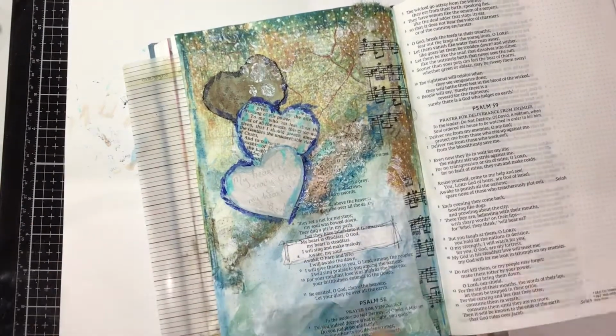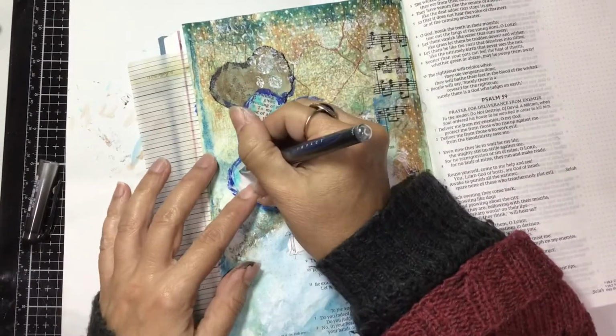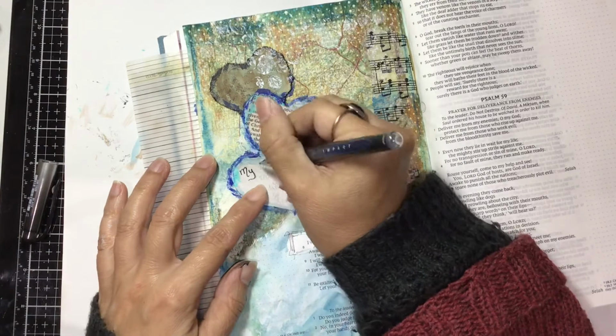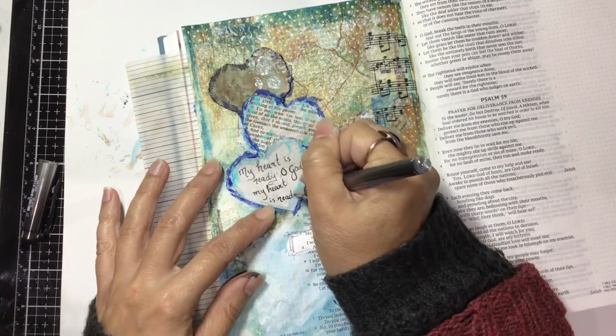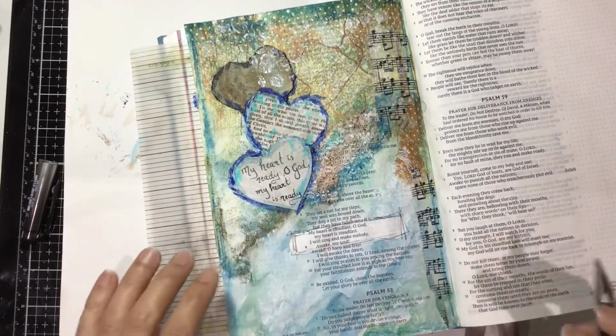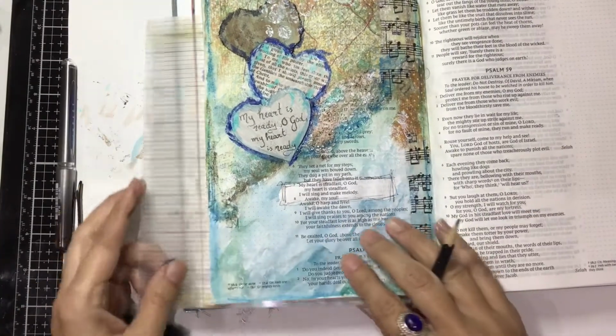Yeah, something like that. Okay. See, as it's my way, I do something rough and then I go, oh yeah, and I sort of change it along the way. So sometimes you just got to jump in there and just do it. And I'll let that dry before I erase the pencil marks. And then "Awake, my soul", I'm thinking down here. I'm